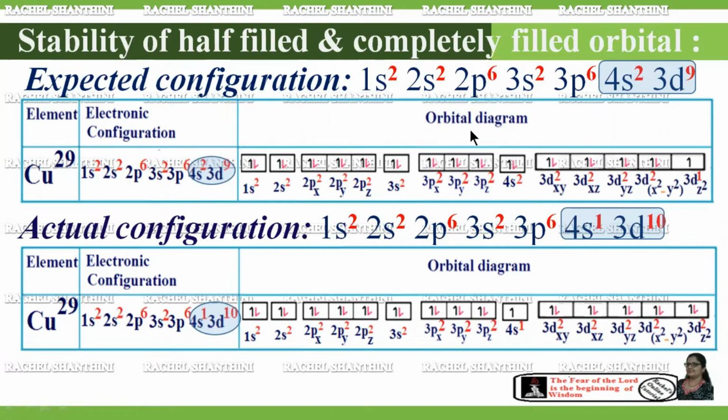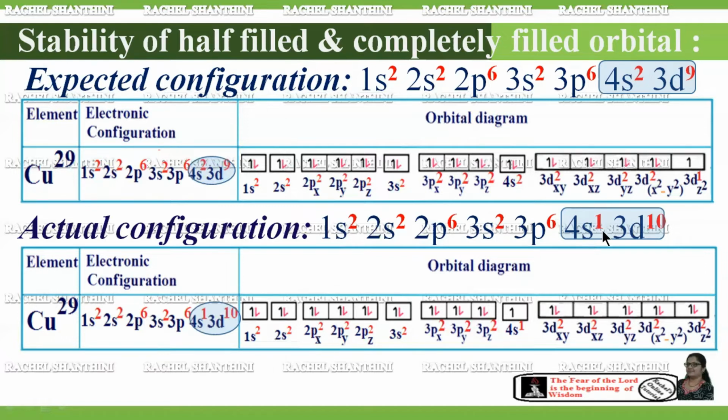When you look at the orbital diagram for copper, we could see up to 4s it is completely filled. Coming to 3d orbitals, it is not completely filled or half filled, right? How many electrons does it have? 9 electrons. In the last orbit, it has only 1 electron with parallel spin, right? It is partially filled. At the same time, when you look at the actual configuration of copper, 1s2, 2s2, 2p6,